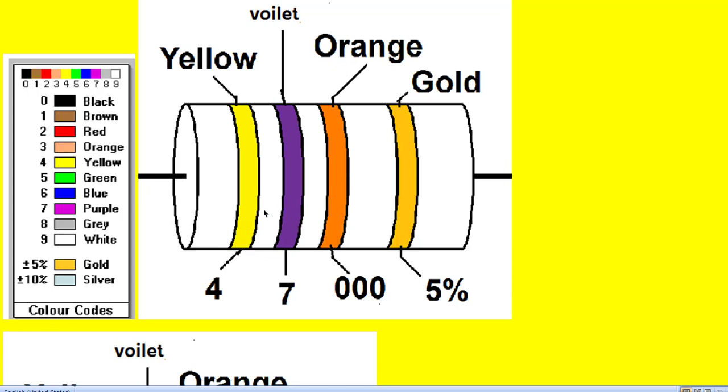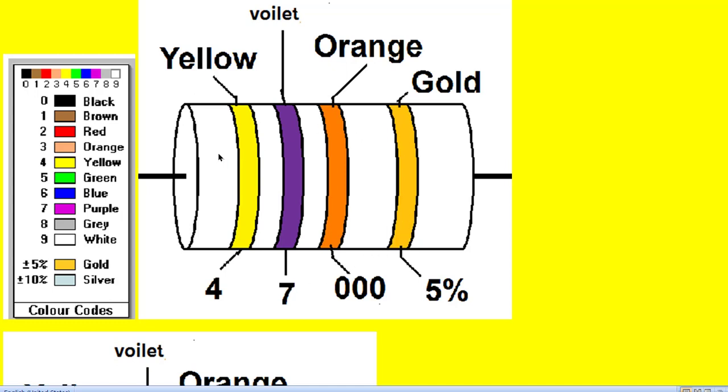So let us see here, this is a carbon resistor and here is the yellow color. To know its resistance, we have to follow the color code numbers. Yellow means, come here, what is this number? Yellow is 4. So put the 4 here. Then we have another band called violet, also called purple color. Look at this, this is the purple color. The number is 7. So we put here 7.